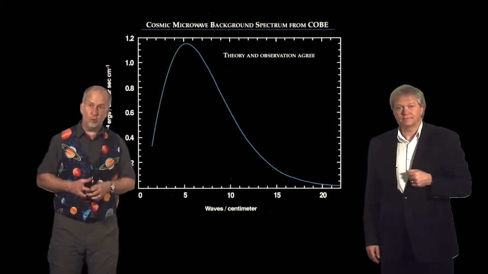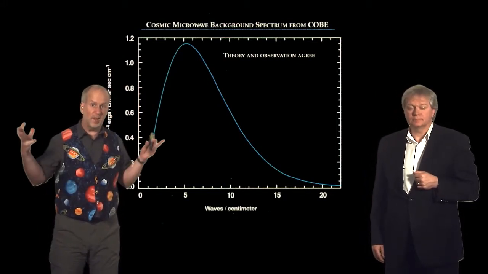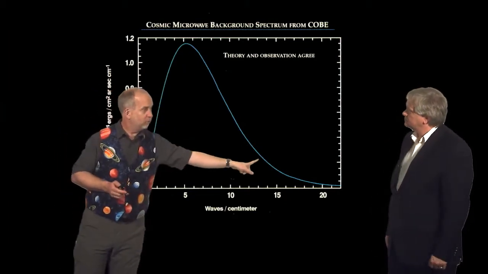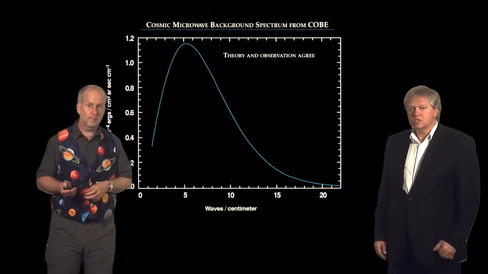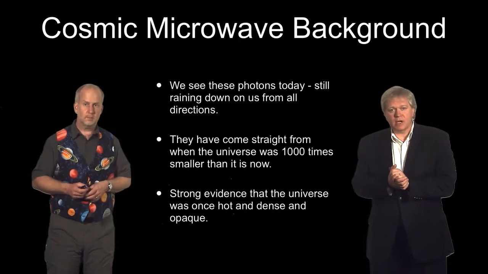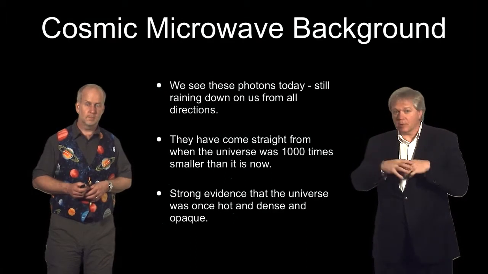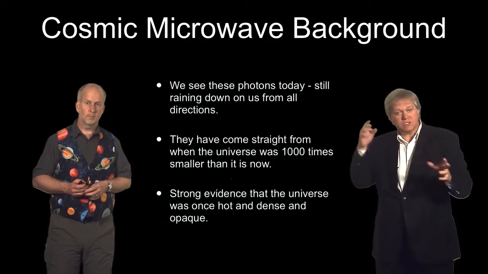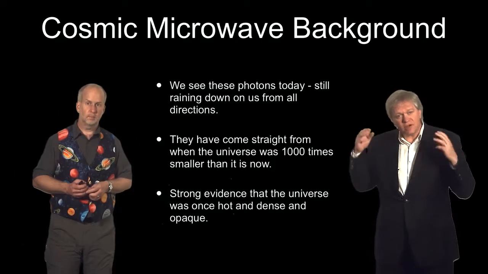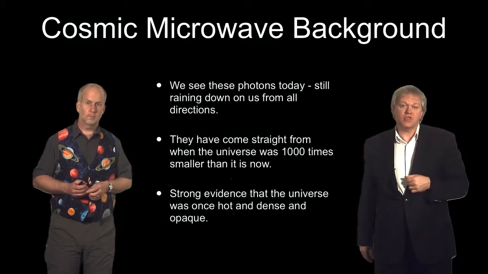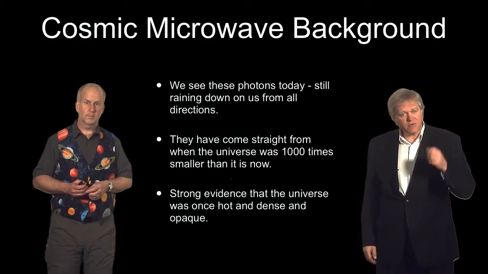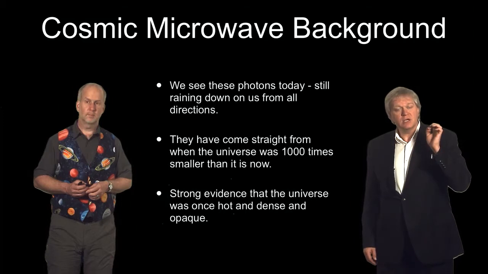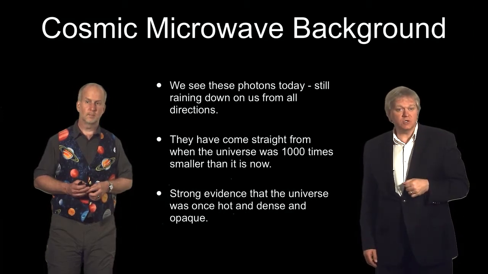It is. So if you want to come up with a rival theory to the Big Bang, you have to be able to explain why we are in the sea of photons, and you have to be able to predict exactly why the spectrum should have this shape and none other. So in summary, the cosmic microwave background is the photons left over from the Big Bang when the universe was foggy, full of electrons and photons scattered around. They have come straight to us from when the universe was 1,000 times smaller than it is today. And they provide this very strong evidence that the universe was once hot, dense, and opaque, something any decent theory that describes the universe is going to have to explain.